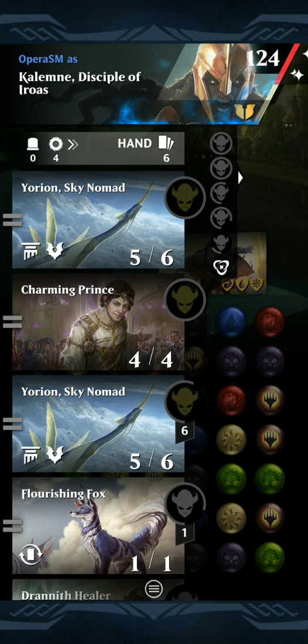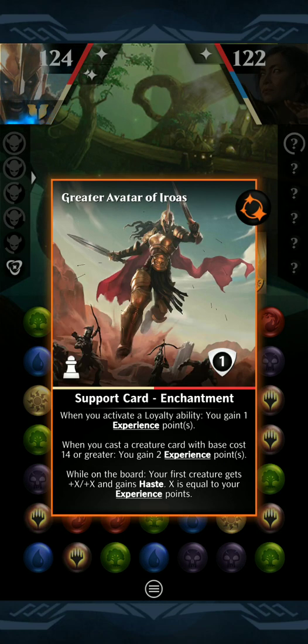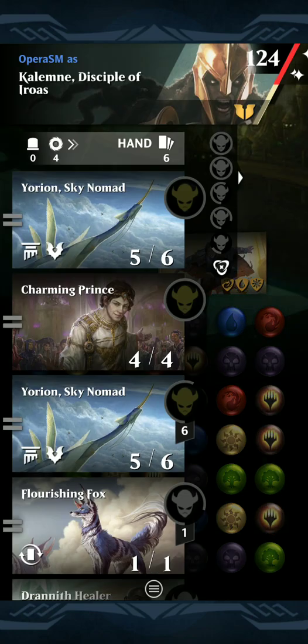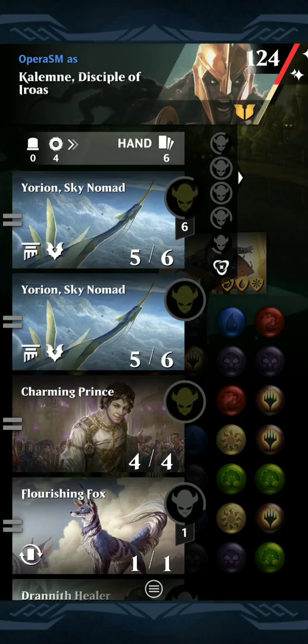All right, so here we go. We still have our Greater Avatar of Erois in play. When you activate a loyalty ability, you gain experience, but most importantly, when on the board, your first creature gets +X in haste, and then when we cast a creature with base cost 14 or greater, you gain 2 experience. So every time Yorion comes into play, that will work. So what I'm going to do here